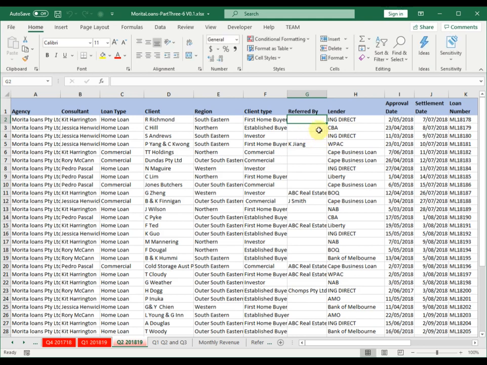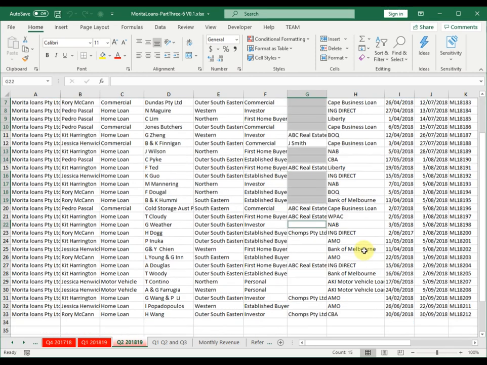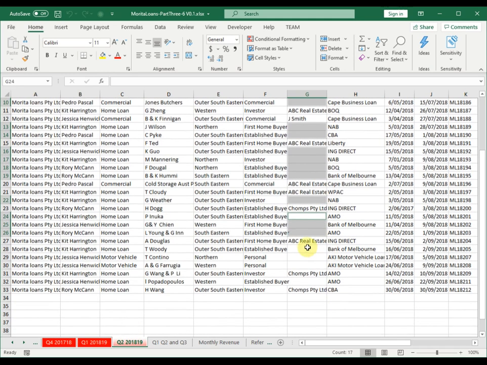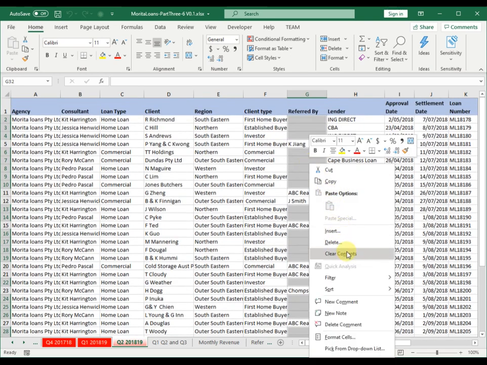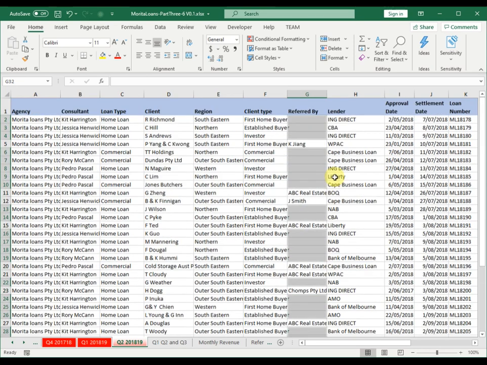So what I'll do is I'll quickly just highlight the blank areas, and the way I'm doing this is I'm holding the control key down and highlighting, right? Control key, highlight. Control key, highlight. And now what I'm going to do is right click and clear contents. So all of my blank cells should be containing nothing, no spaces and so forth, which can really play havoc with the pivot table. So clear contents, and I will save